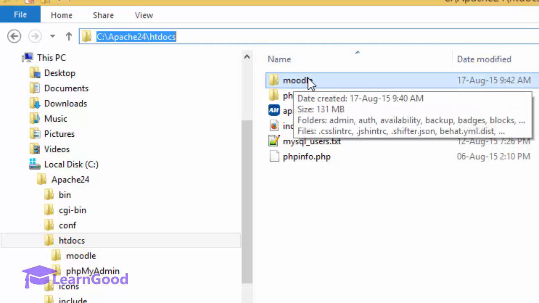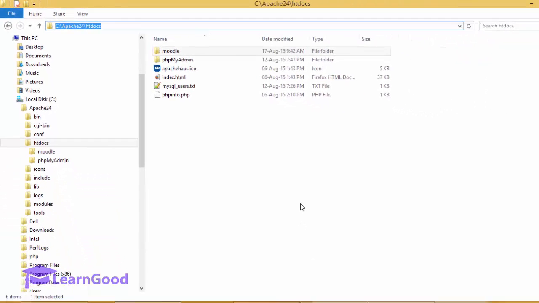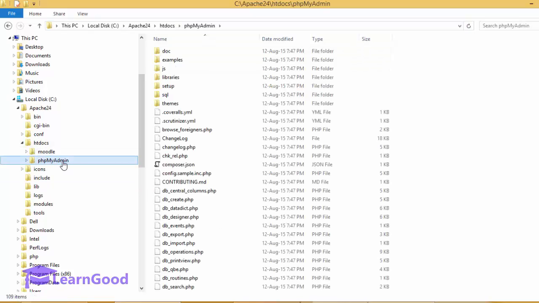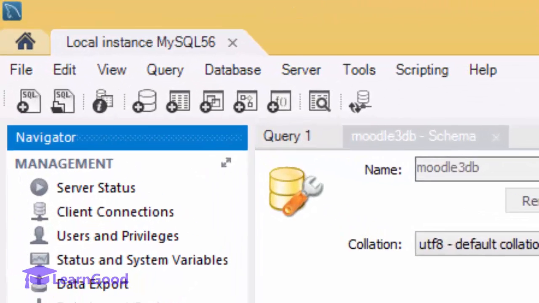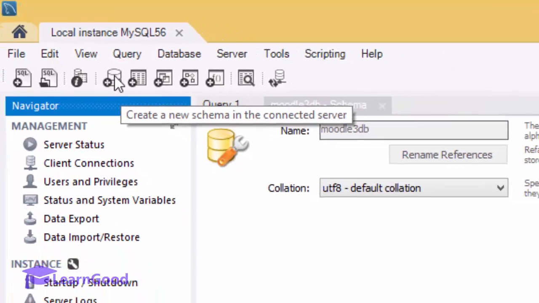Now, once I have copied, the next step for me is to create an empty database schema or a database. There are multiple ways in which you can create a database. There is a very nice, very famous open source project called phpMyAdmin, through which you can administer your MySQL database. You can also use a tool called MySQL Workbench. This is MySQL Workbench. It's an open source project, again distributed through Oracle MySQL. So this icon here will help me do that. I click on it